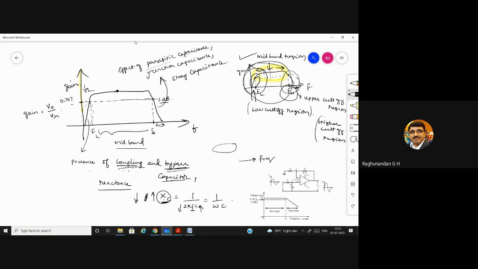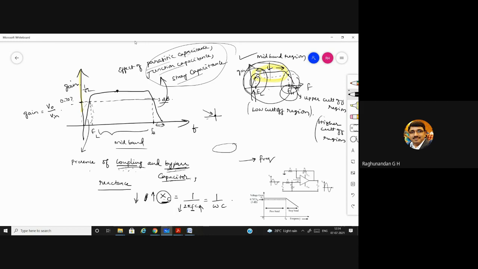But parasitic, junction or stray capacitors are inbuilt, internal capacitances. Parasitic capacitance is an unavoidable capacitance. Whenever you solder, or whenever a junction is formed, that is going to form a capacitance. A junction acts like a storage point, so it starts storing some charges. Such capacitances we cannot avoid. If you want to avoid parasitic capacitance, you should not create any node, which is not possible. In the same way, avoiding parasitic capacitance is also not possible.